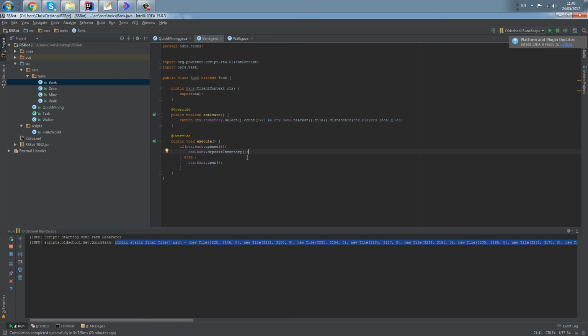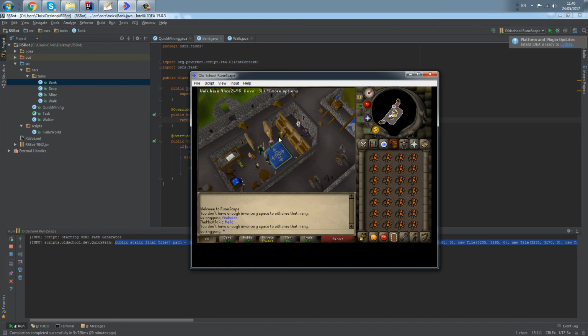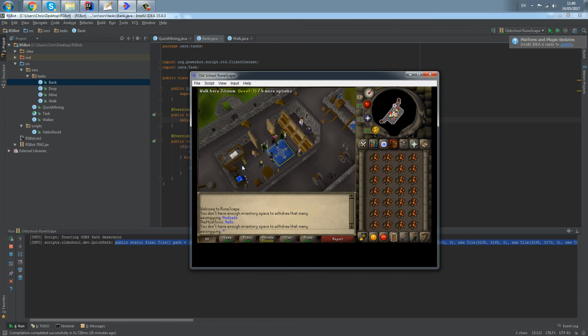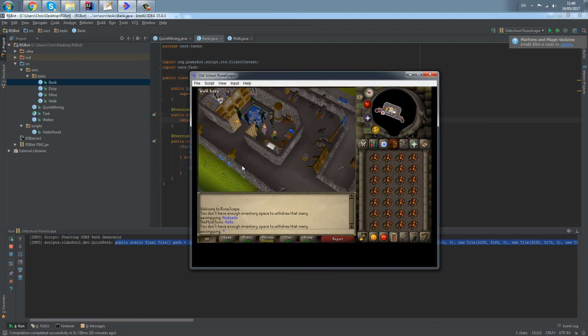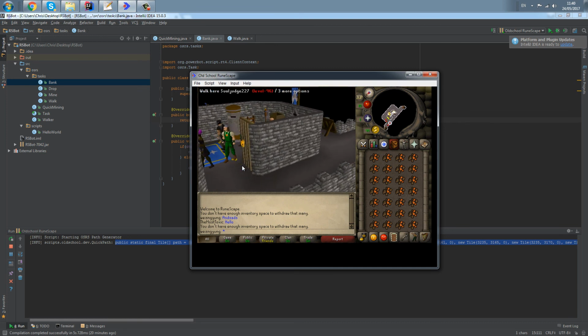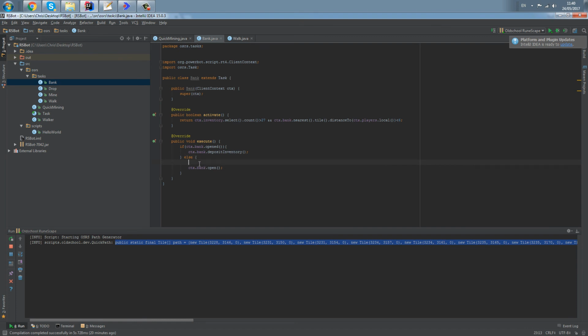However, there are a few things we should add to make it a little bit better and more safe. So here, it will get to here. At worst case, it'll be when the bank is 5 tiles away. So say that's the bank, 1, 2, 3, 4, 5. We could be here, and then our camera could be like that. So you see we can't see it, and at the moment, it'll try and click it anyway. So what we're going to do is say if ctx.bank